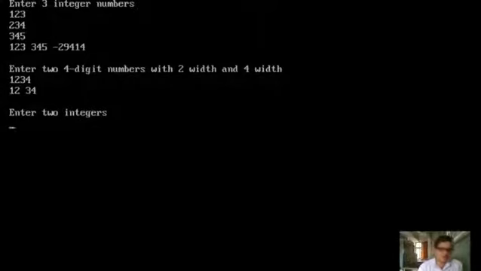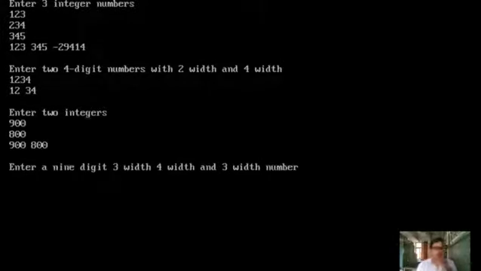It is not accepting, because while reading the first number, which consists of 4 bits, it is automatically taking them, right? Clear? Yes. Now enter two integers. I'm entering 1 2 3, and it will get confused, 900 and 800. Let me check what output we are getting. So 900 and 800 is what it is getting, right?